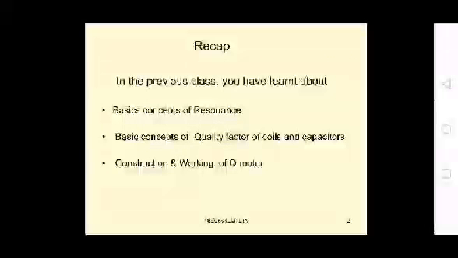In the previous class we learned about the basic concepts of resonance and the introduction to test circuits. We learned the concept of resonance, the concept of quality factor and measurement, and the working principle of the Q meter. The Q meter works on the principle of series resonance, and quality factor is used to measure the electrical characteristics of coils and capacitors by using series resonance. We also discussed the block diagram and explanation of the quality factor meter.